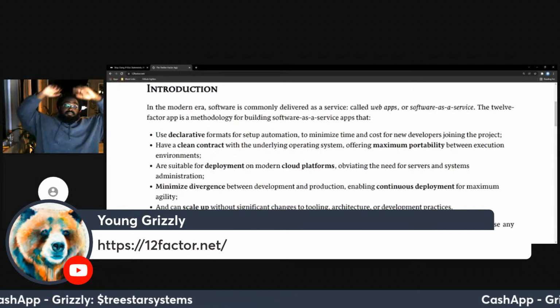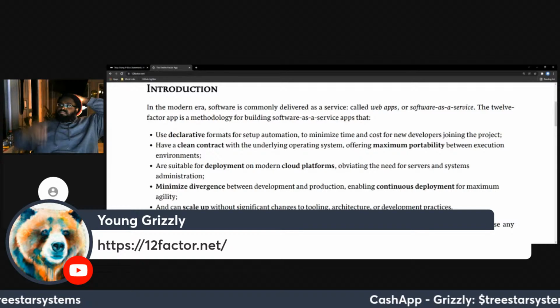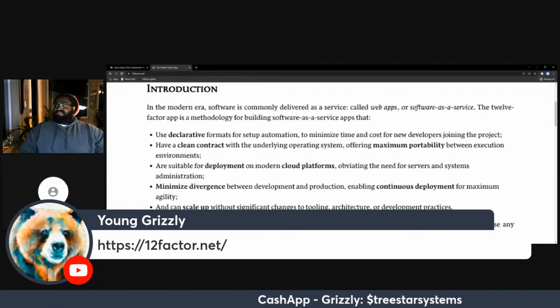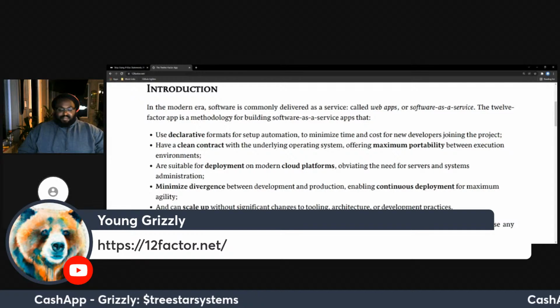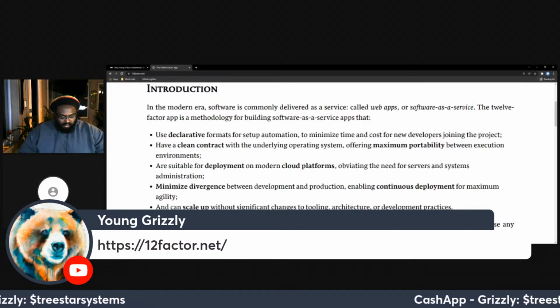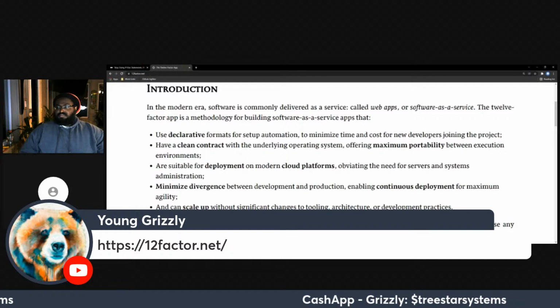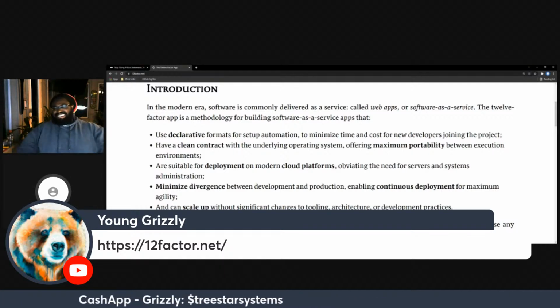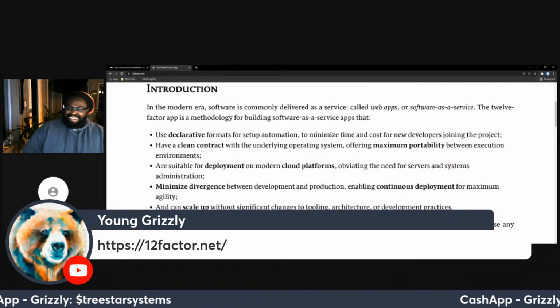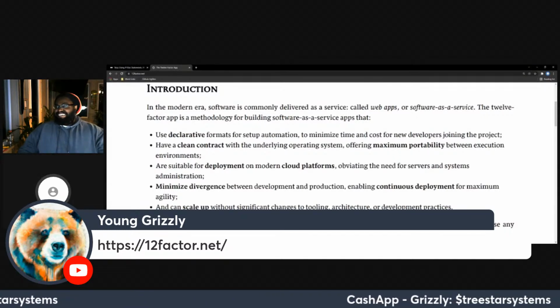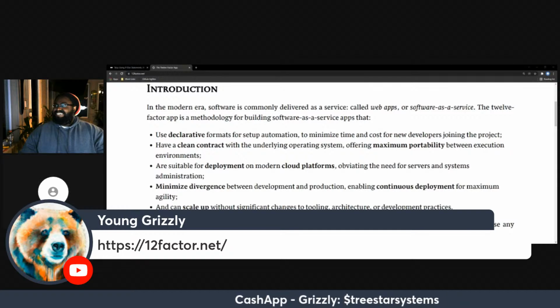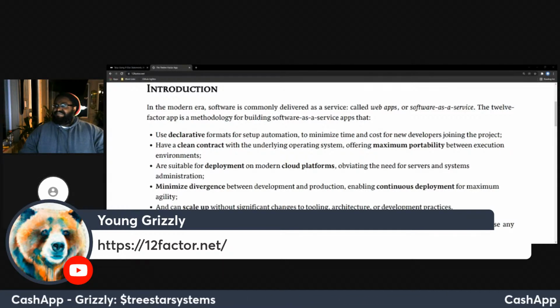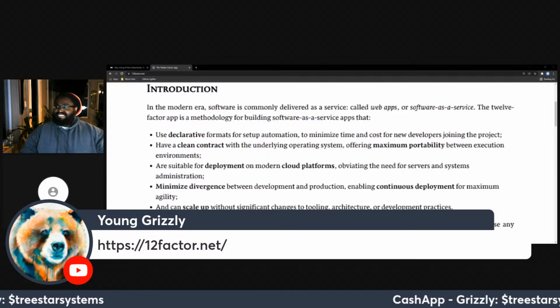I'm fairly certain, or I'm hoping, that this company has upgraded, but they had one developer. They would work with contractors from time to time, but this developer would have to literally make a copy of the source and give it to that person. That person would make the changes and give a copy back. This is before I was even working within the realm of Git administration, before I even knew anything about it. And even at that point, I knew it was wrong. But that's not the first time I've seen that.